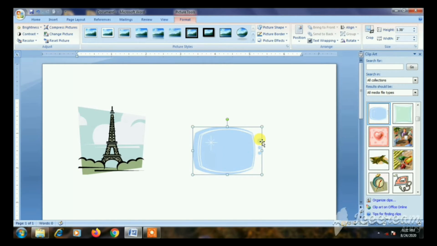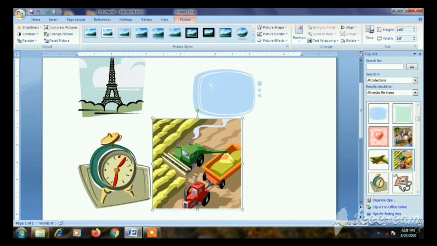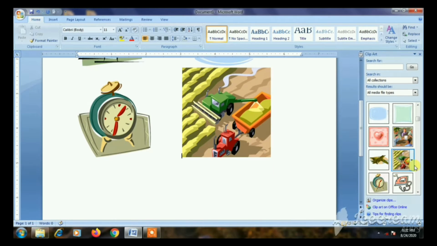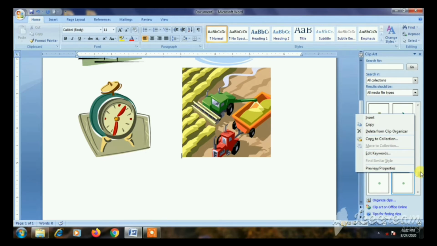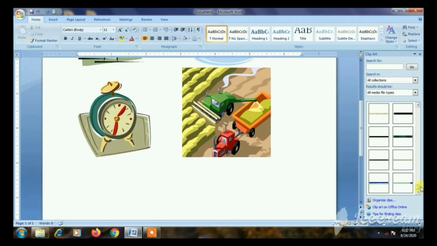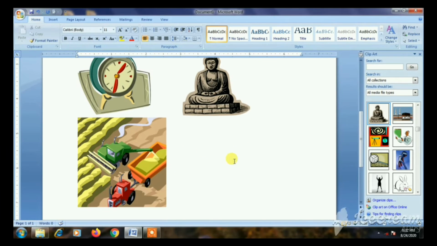I insert so many pictures here. See, leave some space and insert more pictures. To leave the space you just press the space bar key. See here, however many pictures you want to insert, you select the picture and that picture will automatically be displayed on this screen. This is the way to insert a clipboard in the Word document. This is the easiest way. The clipboards are default; there are some clipboards in the system. That one we can insert.